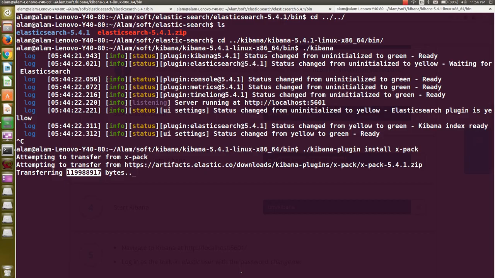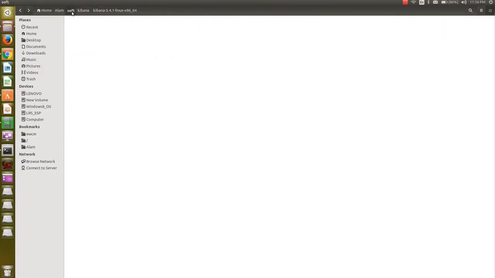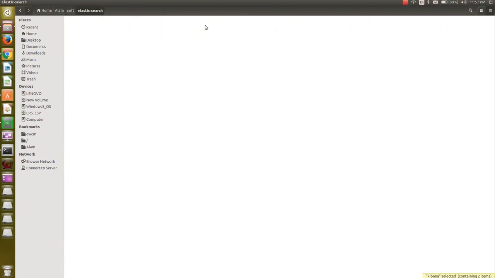Meanwhile, let's navigate through the configuration files. Let's go to the configuration files of Elasticsearch first. Under the config directory, these are the log4j2 properties. These are the JVM options.